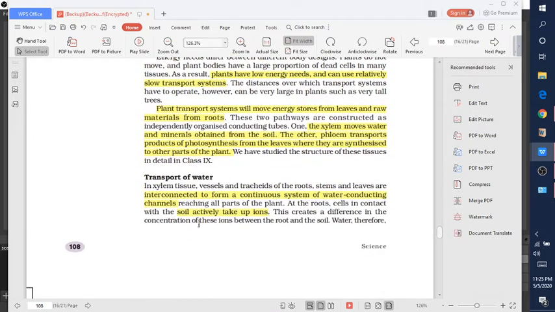Now move on to the next, let's start with the transportation of water. Transportation of water is actually done by the xylem tissue, and xylem tissue is made up of four kinds of cells, that is tracheids, vessels, xylem parenchyma and xylem fibers. This process is interconnected with three processes: first, absorption of water and minerals from the roots; second, upward movement of water and minerals; third, transpiration, that is the loss of water in the form of vapor from the aerial part of the plant.